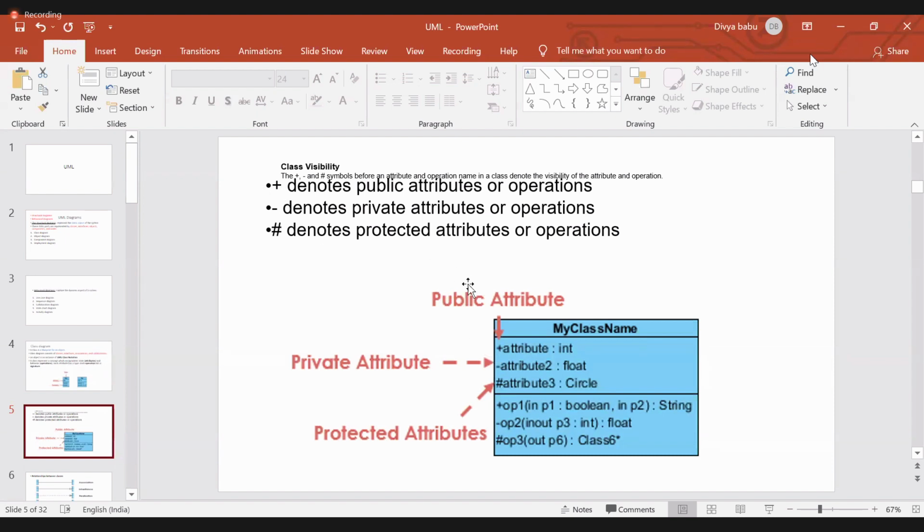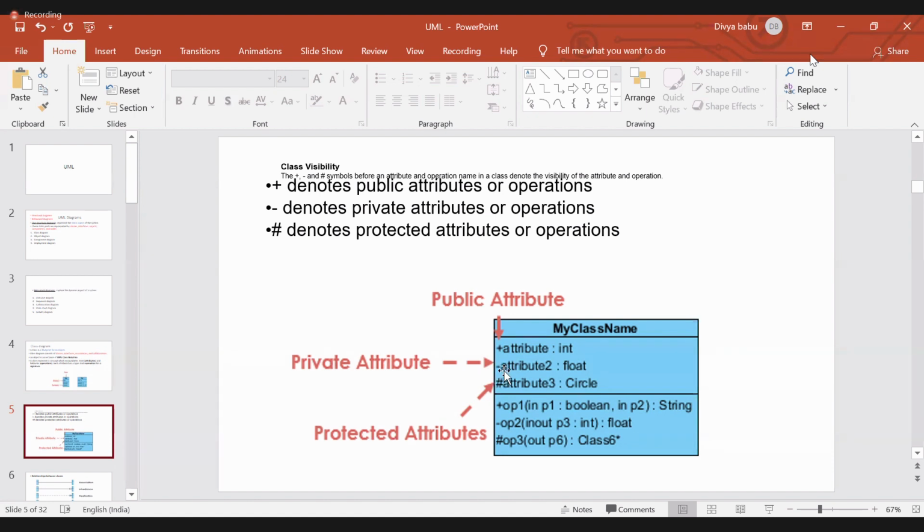When you draw the diagrams, you have to know which one comes under private, public, and protected. This will help you in coding. Actually, we are doing the design part, right? So plus denotes public. If you want to represent an attribute which is public, you just give the plus sign.